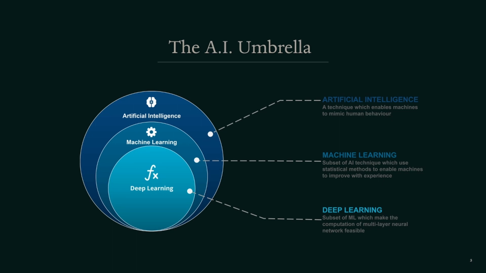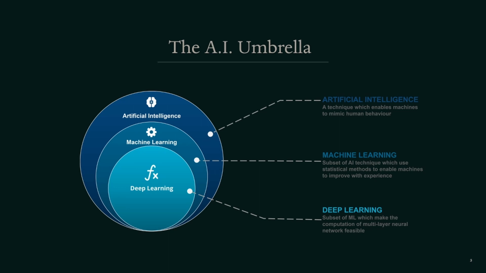AI is fundamentally just a technique which enables machines to mimic human behavior. That's it. That is technically AI. Anything that is meant to pretend to be a human or mimic how a human should act or behave in any way, that is AI. That could be as simple as a video game AI, which we already call AI, or it could be really anything, honestly. Anything that involves a computer that can try and mimic a human.